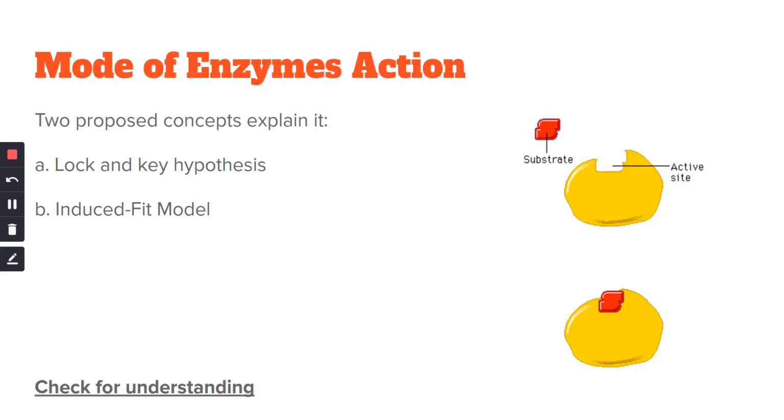Okay, so let's understand the two modes of enzyme action that were actually proposed by different groups of scientists. We all know that in an enzyme catalyzed reaction, two models are proposed on how enzymes work. One is the lock and key and one is the induced fit model. So we are going to check our understanding on these two based on what we studied in module 32.